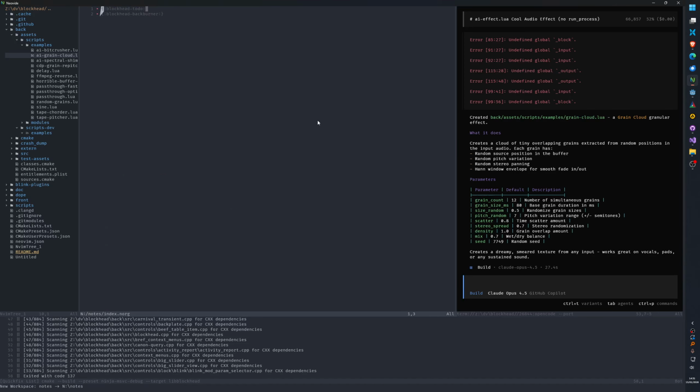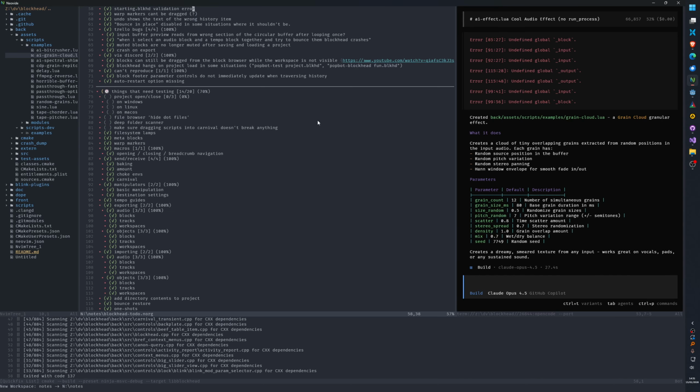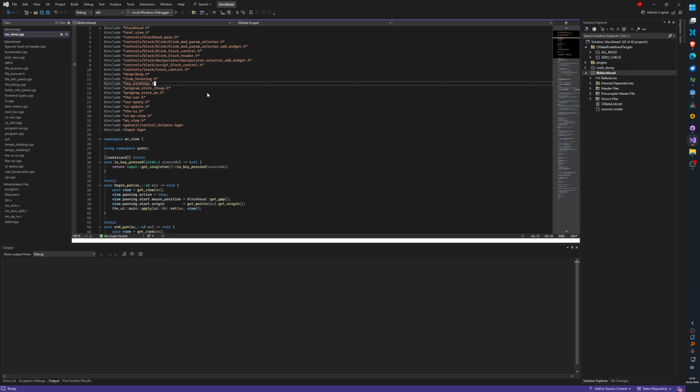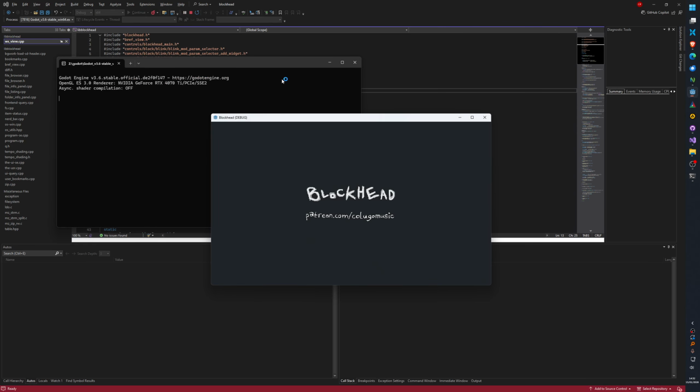What am I doing now? More bug fixes? Go back to bug fixing. Oh yeah, does this work now? I haven't actually tested it. Drag in Lua scripts from file browser. Also, I should be able to drag in a Lua script from Windows Explorer.